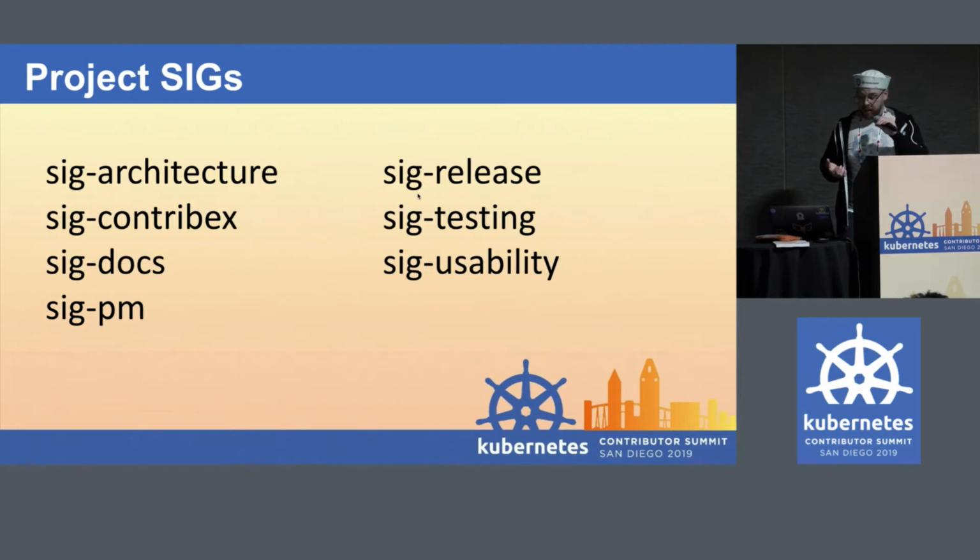Release. Release ensures the quality of Kubernetes releases and manages the entire release process. So every quarter there's a Kubernetes release. They go through the process of electing a release team, and they wrangle all the features that are going to be in there, handle all the bug triage for that release, and work towards actually cutting it itself. Gwyn is actually the release lead for 1.17 this cycle. So pulling double duty.